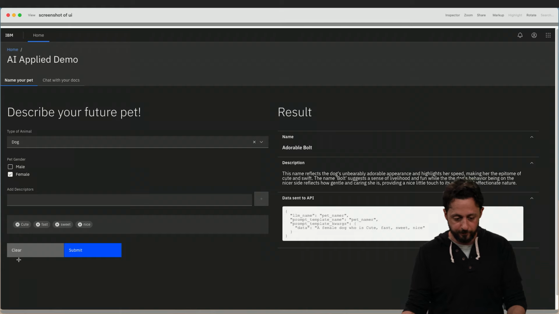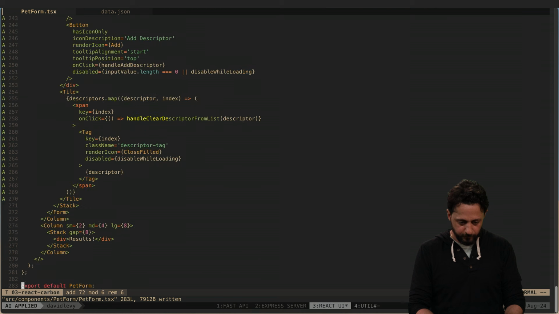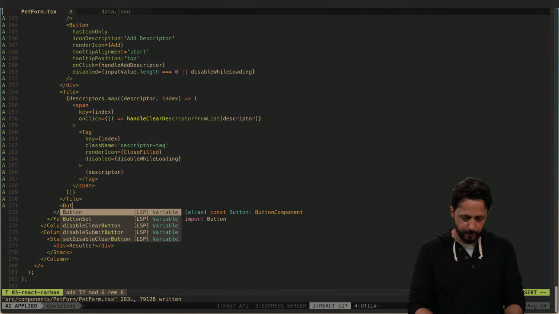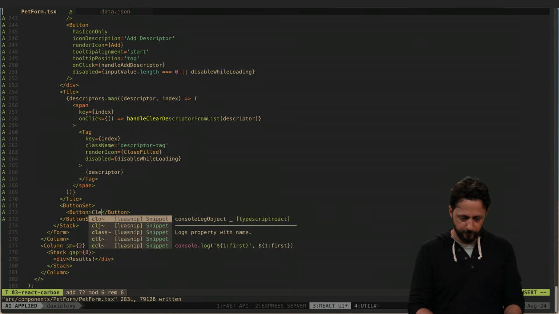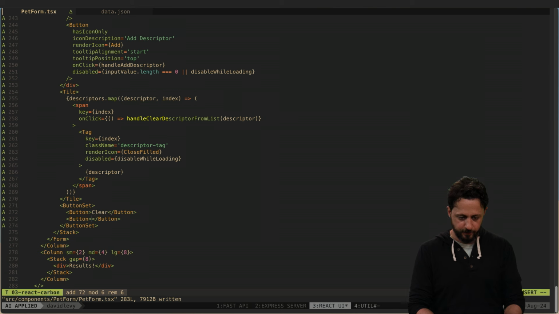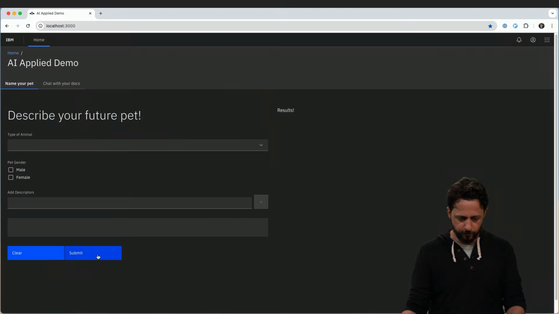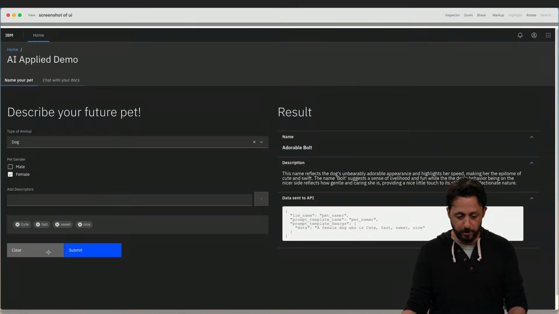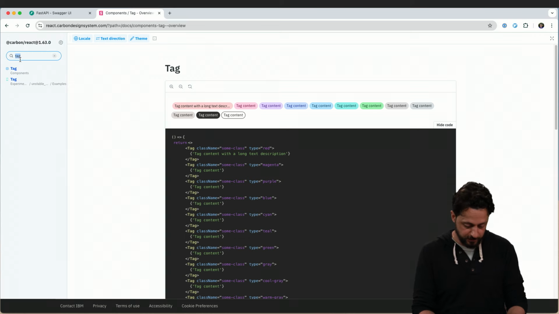The last thing we're looking to do is have a button set. So let's add a button set to our component. In the stack, we could just add button set, and we could have button clear, and we could have button submit. And all of this is coming from Carbon. So it's already automatically going to be sized correctly, and the button set's going to have the little gap. We have two different kinds of buttons, but if you look at the image, we have two different colored buttons, and within the Carbon React documentation, just go to